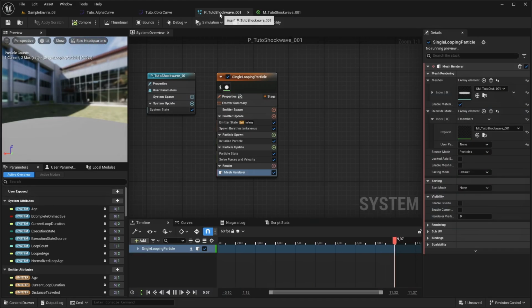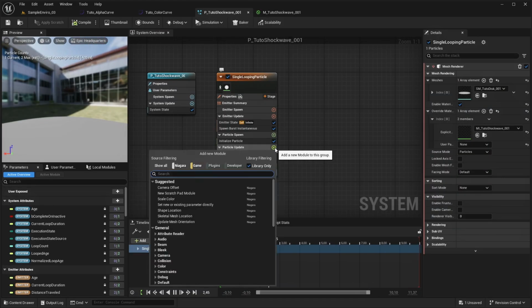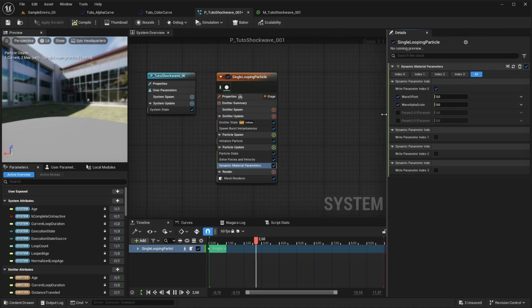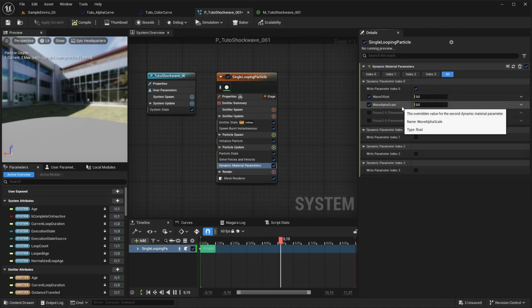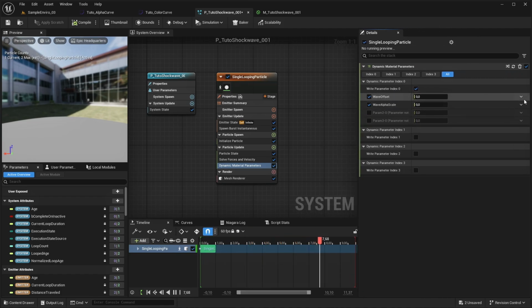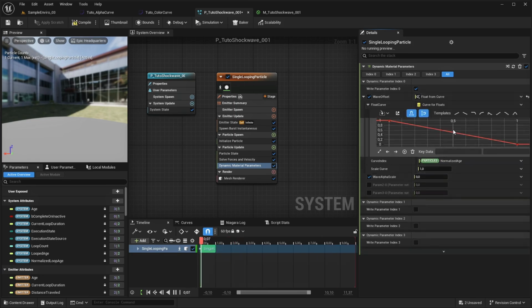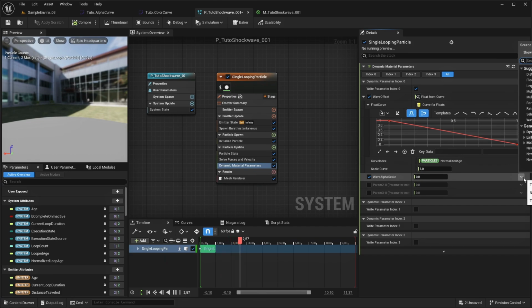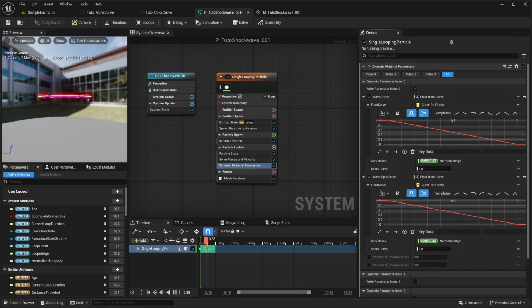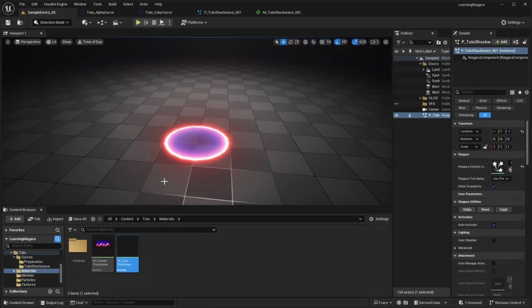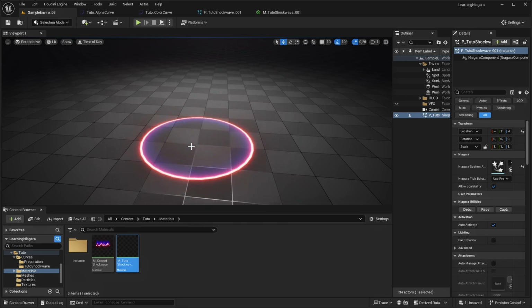Now we will be able to control the offset with the particle system. So come back to your system, add a dynamic parameter and just enable the ones we need. We can use that with everything we need as a value, but we just add some curves for both of them, one for the fade out and one for the traveling. So if we look at it just like that without touching the curve, you see that it's nicely fading out and nicely traveling all around the mesh we just created.